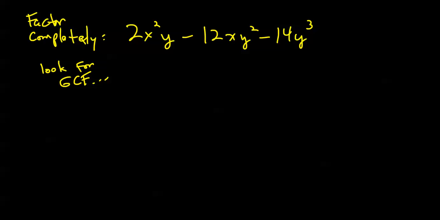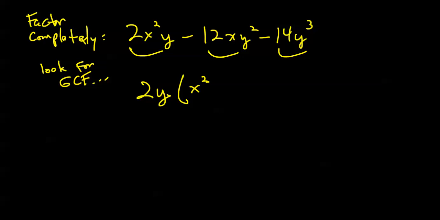Always look to factor out a GCF first. And I think I can spot a greatest common factor in all three of those monomial terms. Clearly I've got a factor of 2 embedded in each, and I've got one factor of y embedded in each. So I can factor out a 2y,